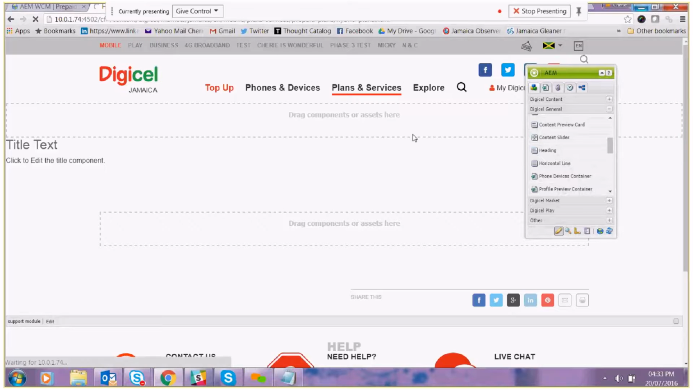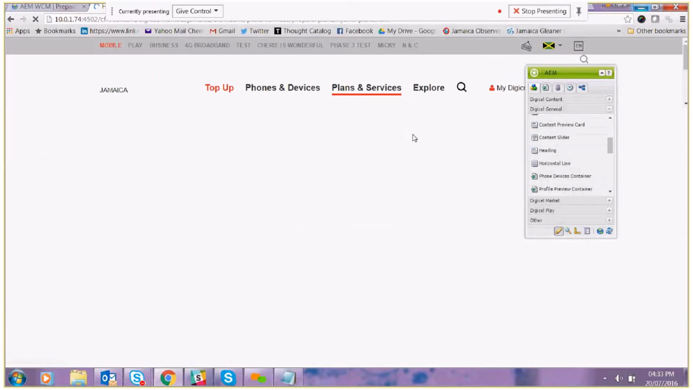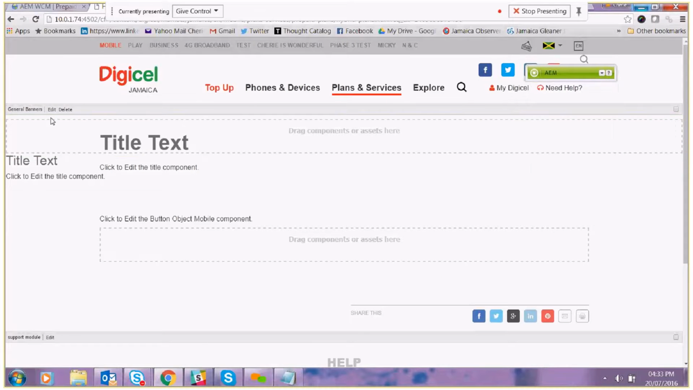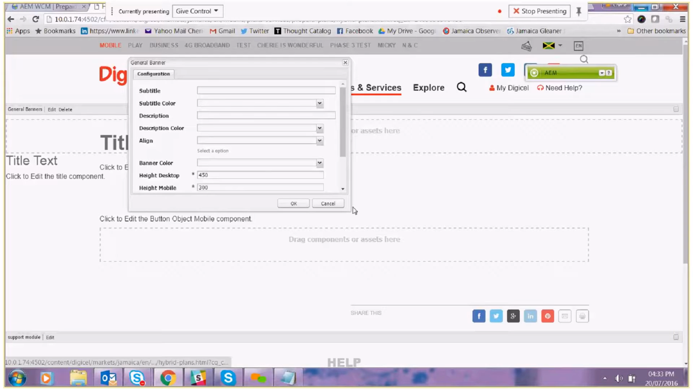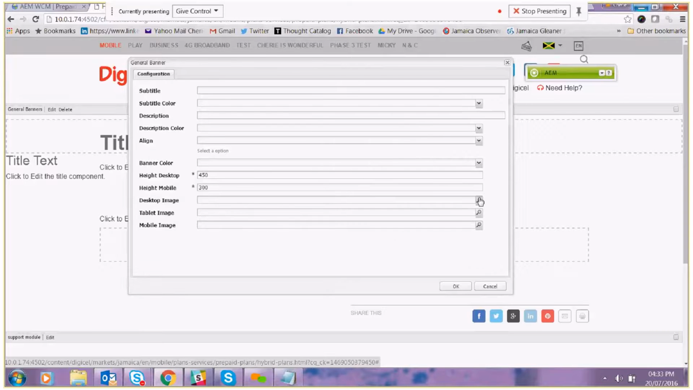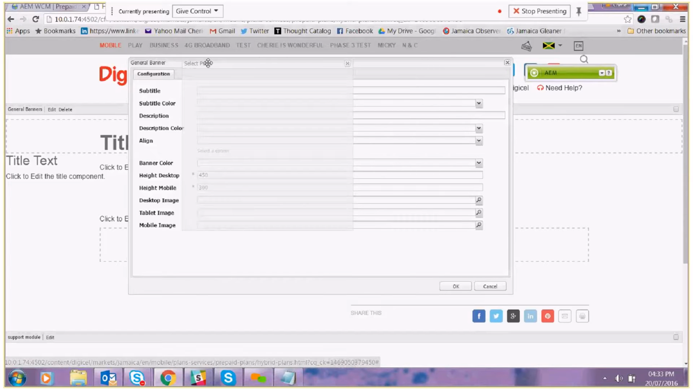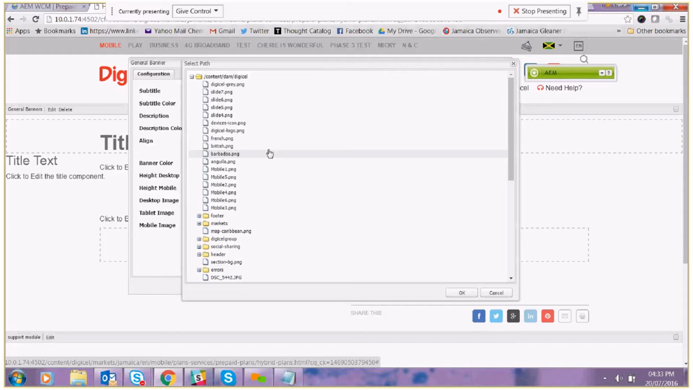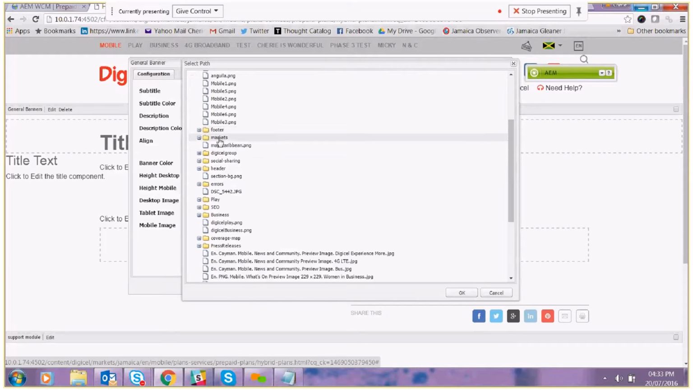And if you're not sure of what component to use, you can always open that page that was done already to see what was used. Okay, so I put in my general banner, and we know that we would have already uploaded our images to the DAM. There are some images in the DAM that we have a pool of banners in, and it's called shared website